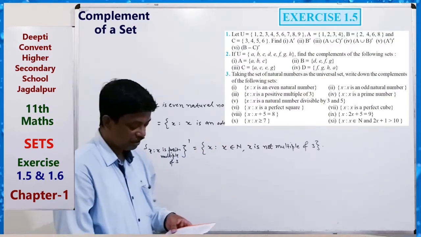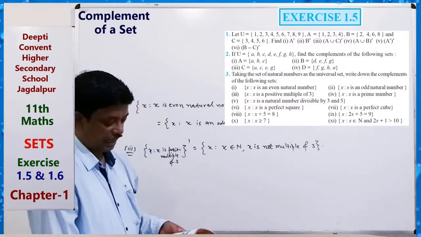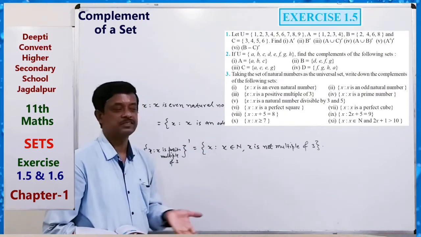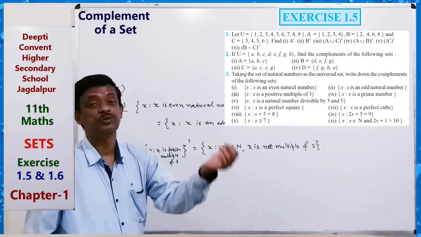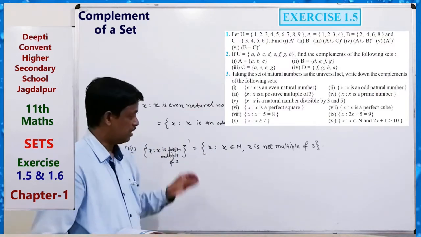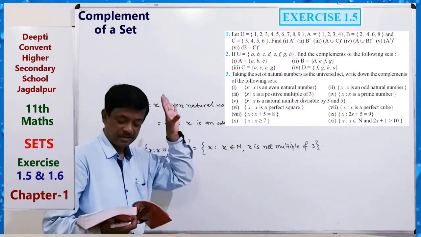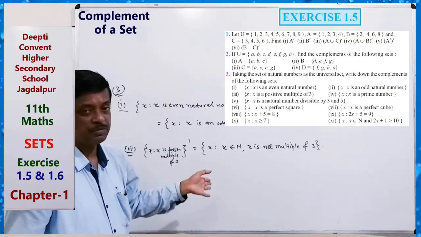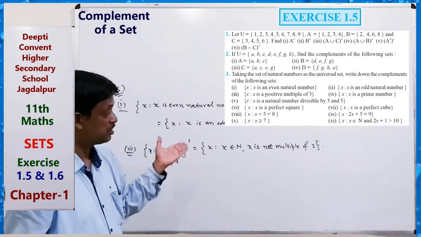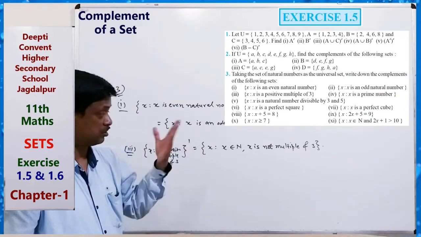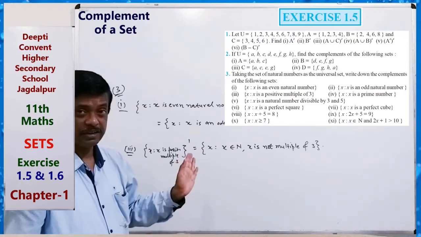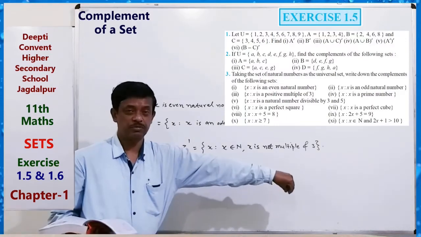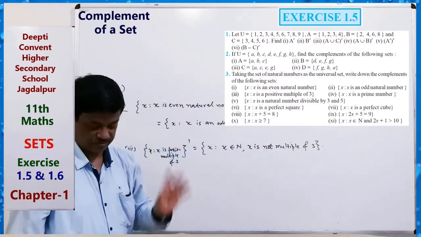Except this, not multiple of 3 and positive means you can write belongs to N. Okay. Similar, fourth question, x is a prime number. So complement will be x is not a prime number, and x equals to 1 also, because 1 is not a prime number, and x is the composite number. Except prime number means we will get composite number and also 1, because 1 is not prime number. So x such that x is a composite number and x equal 1 also.